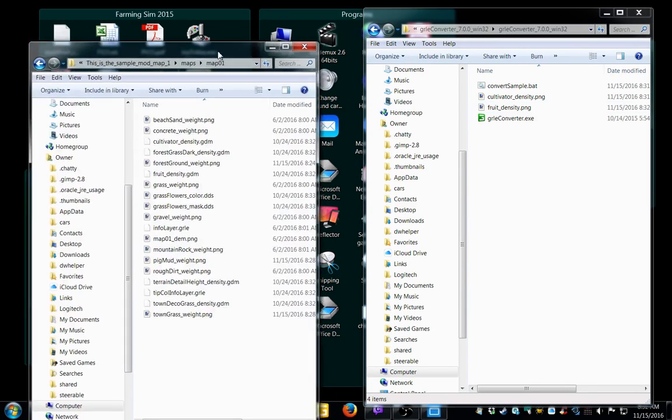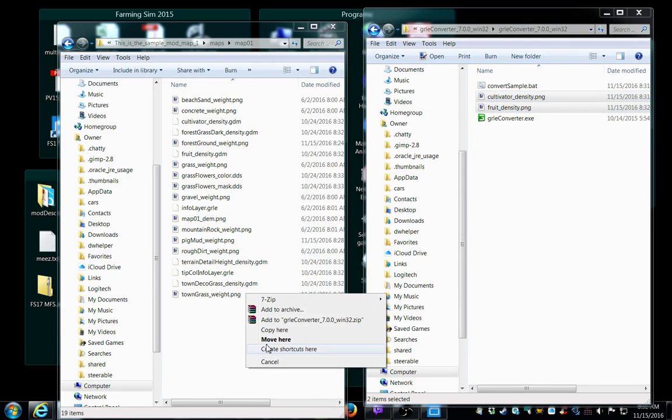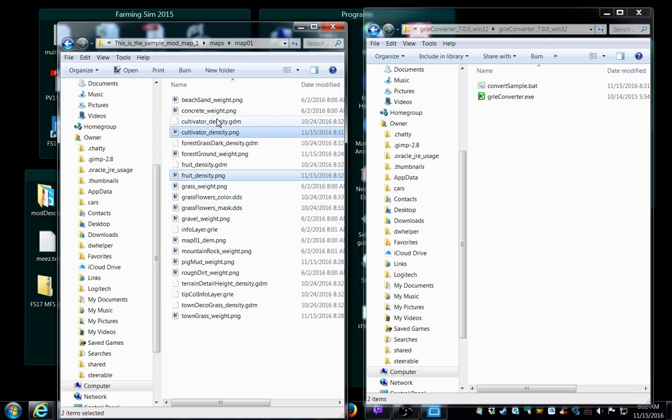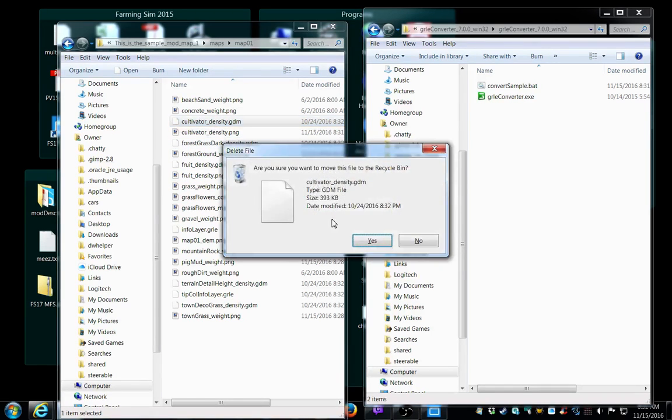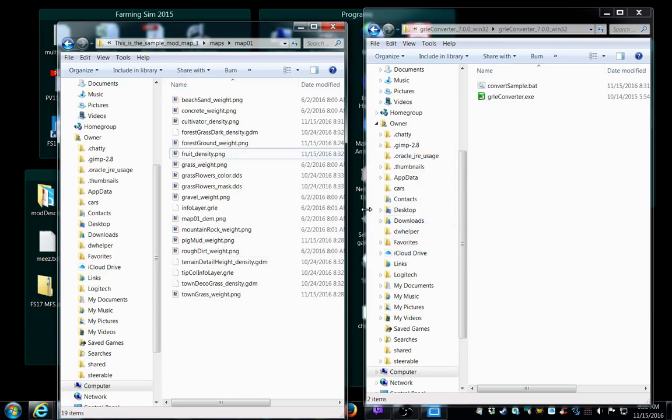We're going to pull back over our map 01. We're just going to take these guys and move them in. And what you need to do is get rid of the old cultivator GMD, yes, and get rid of the fruit density GMD, delete, yes. Now, the other issue, you have some other GMD files here, and what I suggest is, being we already talked about the forest,